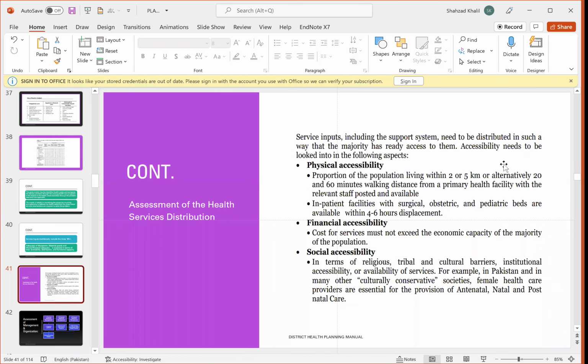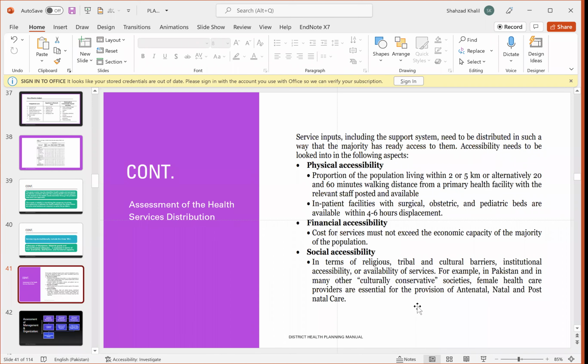Service inputs, the accessibility needs to be looked at. Physical accessibility should be within 2 to 5 kilometers, or alternatively a 20 to 60 minute walking distance from the primary health facility with the relevant staff posted and available. Inpatient facilities with surgical, obstetric, and pediatric beds should be available. Financial accessibility should be there, and social accessibility, like in terms of religious, tribal, and cultural barriers, institutional accessibility